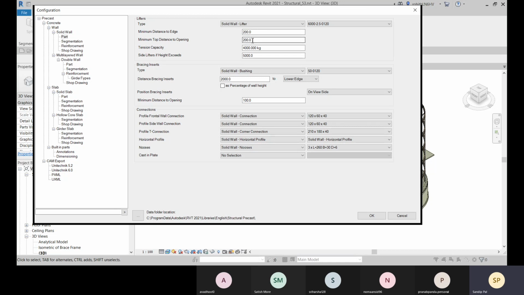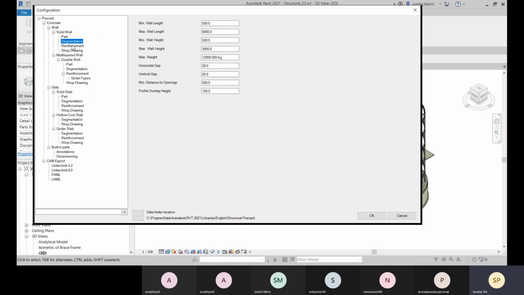So if there is any opening in the wall, what will be the top distance for that? And tension capacity and side lifters if height exists. So these are the settings which we have right now.